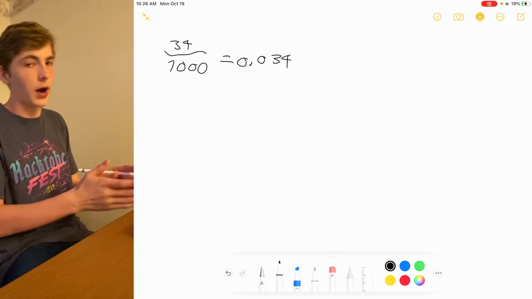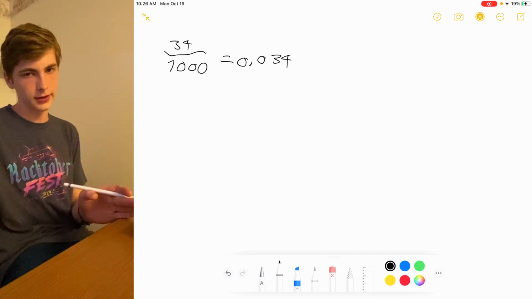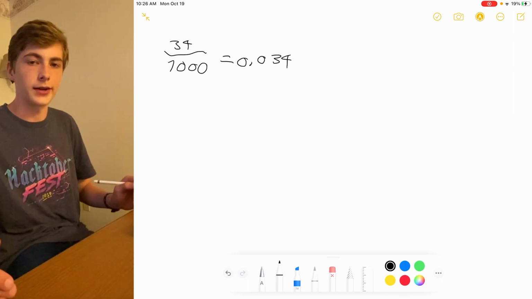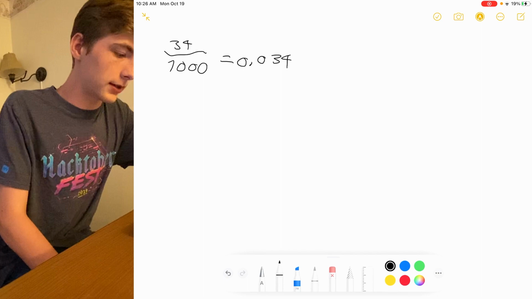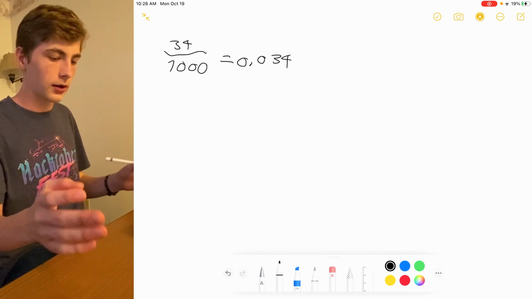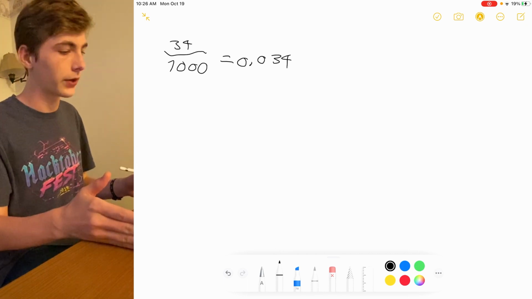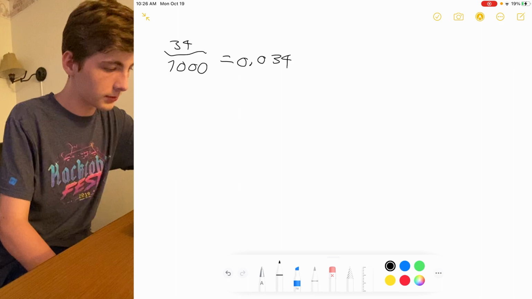For example, the number pi, right? That's 3.1415, and it continues on forever, doesn't repeat. So in order to write it down, we have to round it at some point, right? And so what rounding is, it's taking a number that has a certain amount of decimal places, and we're shortening that amount. So, for example, let's say we have this decimal